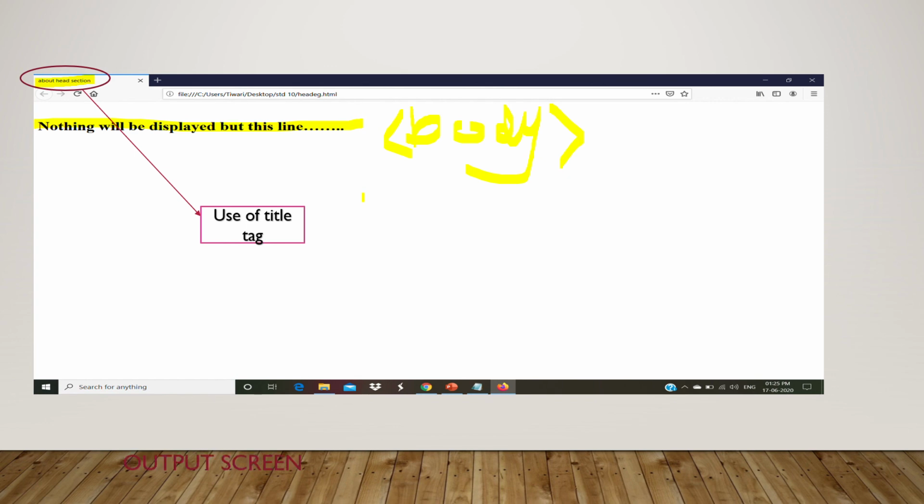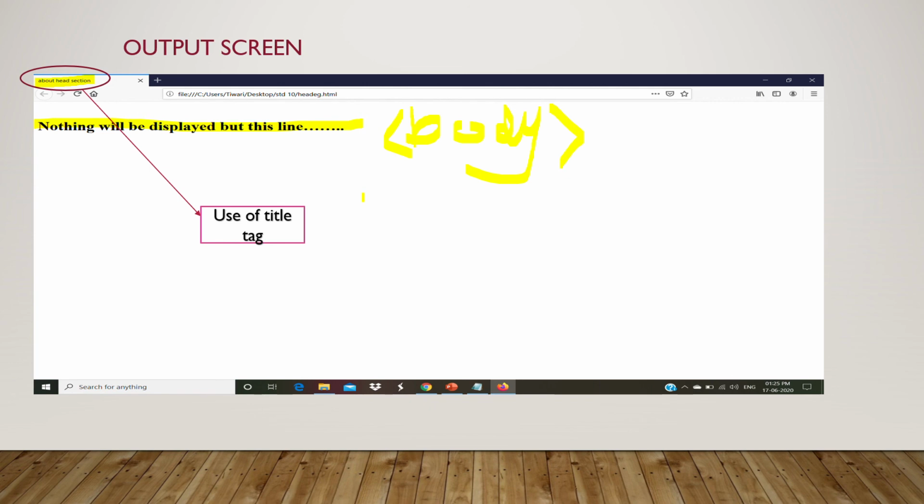So at last we have concluded that whatever is written in the head tag is very much useful, but not to us. It is very useful to the web browser, the search engines, and the person who develops the website or the web page.